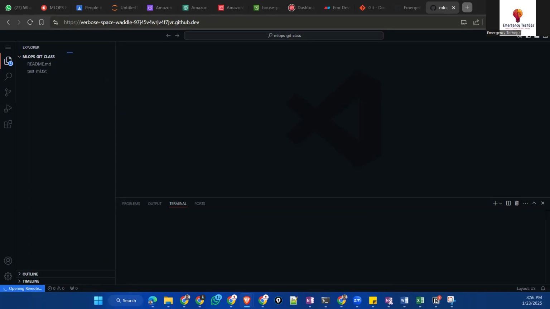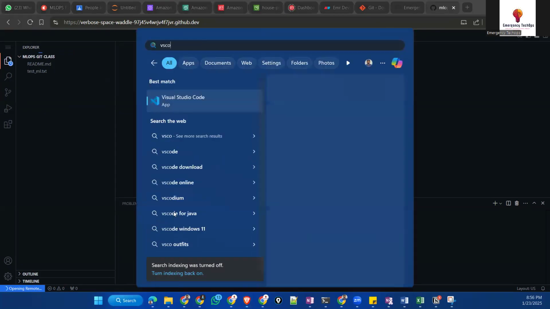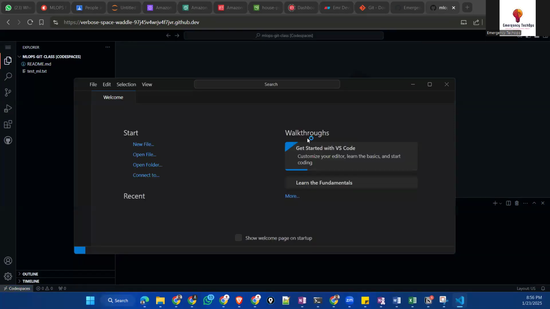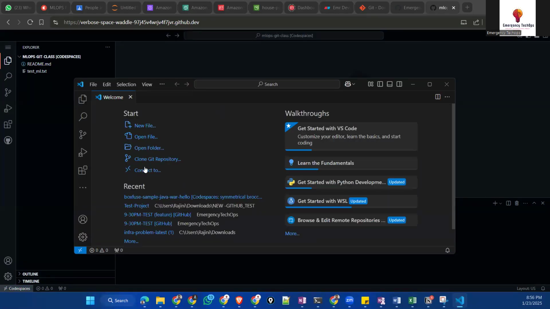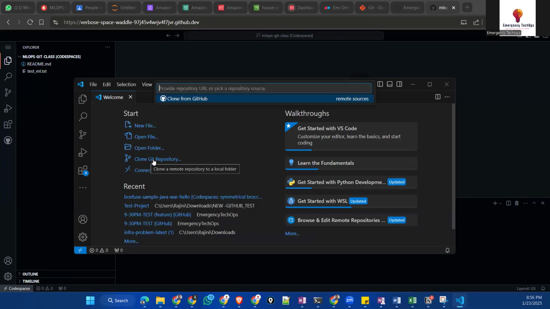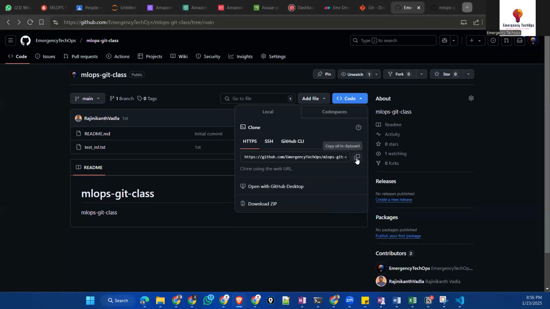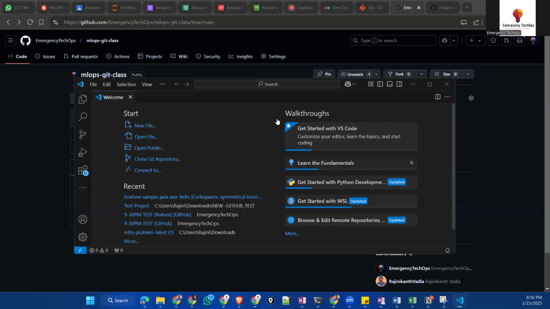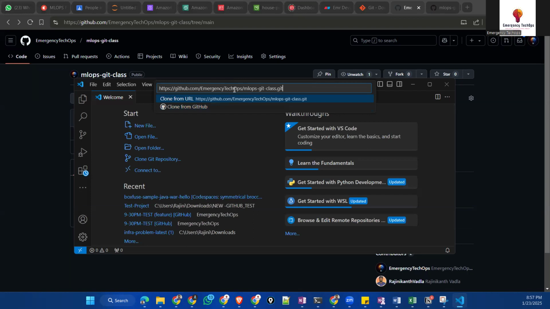Or you can also open VS Code on your laptop. You have to open VS Code and click on Clone Git Repository. Here you have to provide the link of your repository. Provide it in clone repository. So it will clone.